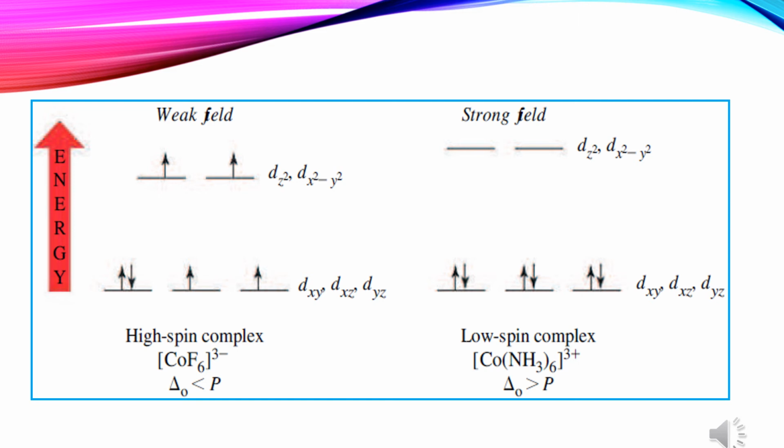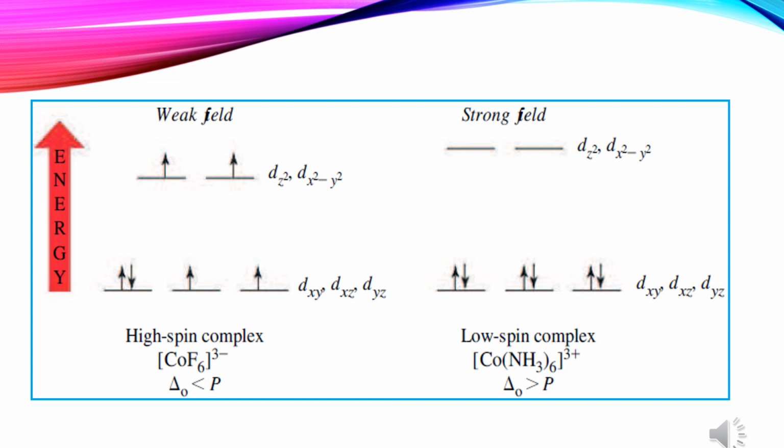Once we know the relative energies of the d orbitals in a transition metal complex, we have to worry about how these orbitals are filled. Degenerate orbitals are filled according to Hund's rule. One electron is added to each of the degenerate orbitals in a subshell before a second electron is added to any orbital in the subshell. Electrons are added to a subshell with the same value of the spin quantum number until each orbital in the subshell has at least one electron.